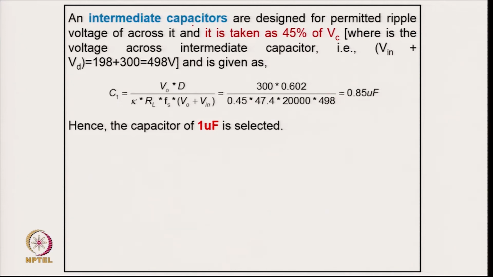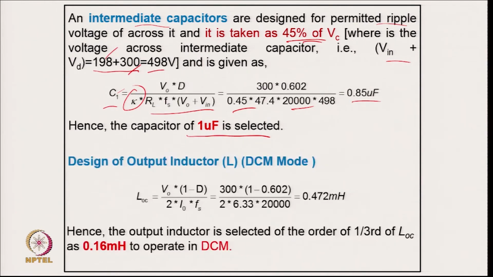Now, coming to the design of the intermediate capacitor to permit a voltage ripple of around 45%. The voltage across it comes to V in upon V output. This is the average input voltage, this is the output voltage. So, it comes to 498 volt, and this capacitor is calculated from this relation for a given ripple of 45%. Here the value is put, and we get 0.85 microfarad. We select the value a little higher to make sure that the voltage ripple is always less than that. So, the capacitor is selected as 1